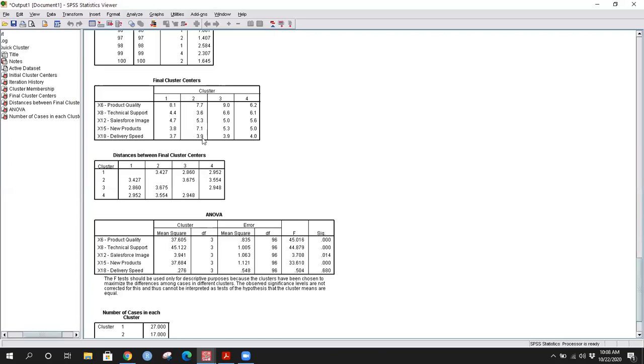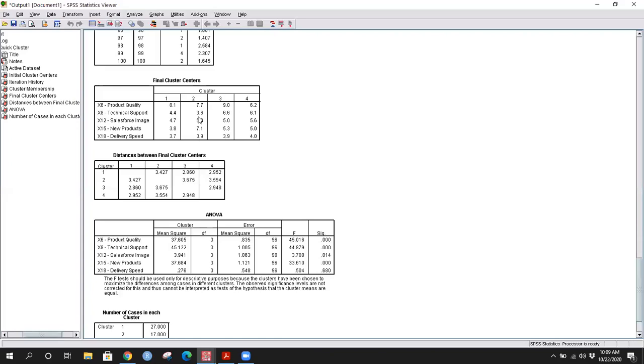Then delivery speed, I think we should better not bother about delivery speed at all, because it's more or less just the same for all the clusters. So we see that this cluster 2, since it has rated the highest on new products and decently, I should say appreciably on product quality as well. The only areas where it is lacking is technical support and then delivery speed, which we are choosing to ignore as of now. So we can say that this cluster 2 is a good market for introducing new products which are of good quality. That is when we can really attract this cluster.